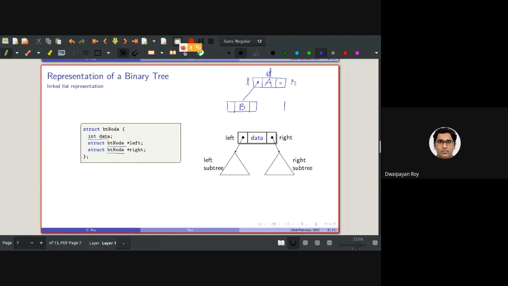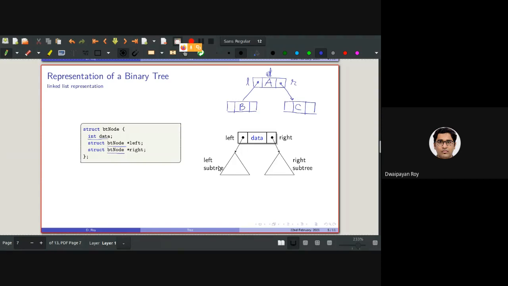And if I consider another node containing the value C, whose parent is the node containing A, then the right child pointer of that node will contain the address of this node.